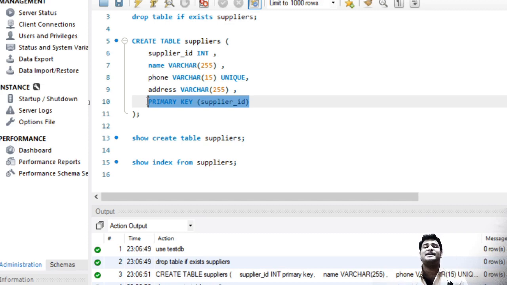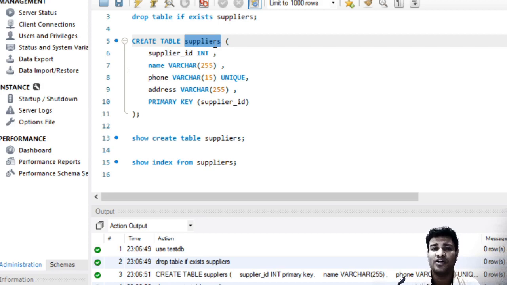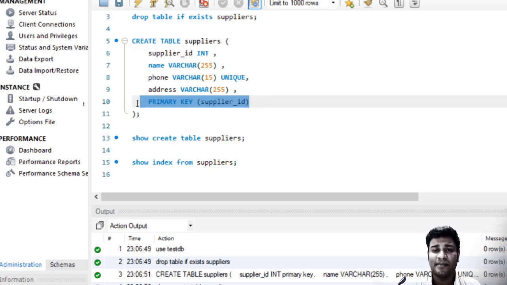Now I will just reiterate what exactly a primary key is. Primary key is the representation of a row. So whenever we say that this supplier table has lakhs of records, how will I identify each record in this supplier table? This will be identified using the primary key, and hence primary key is always unique. It is not null, and it is only one for the table.